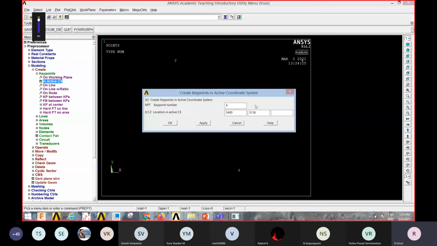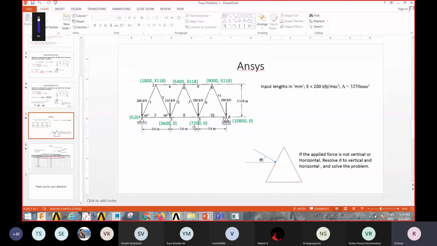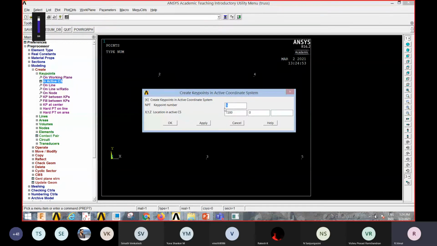It's better to always check. Next, we go for key point number 5. It's 7200, 0. We have keyed that in. We're going for point 6. We apply, we verify. Then we go to the last point, point 7.